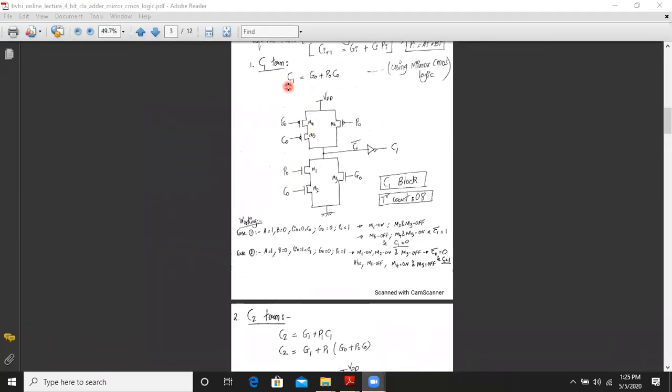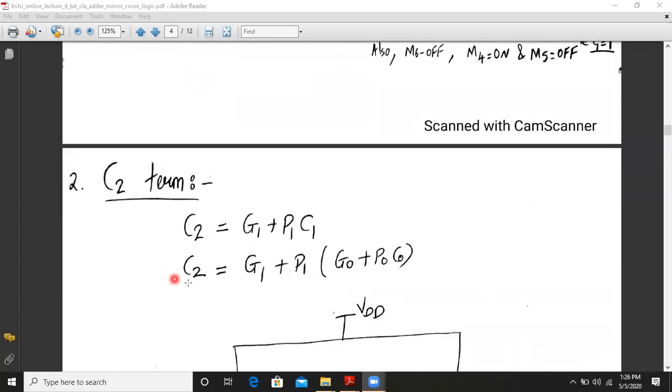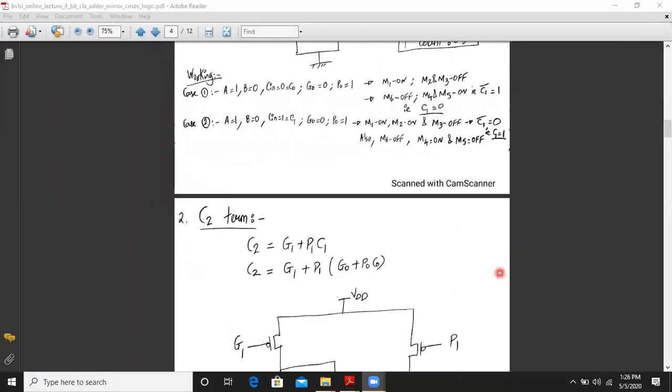C1 is equal to G0 plus P0 C0. So you can take it as it is from here. So C2 is equal to G1 plus P1 into G0 plus P0 C0. So we have to implement this using mirror CMOS logic. So let us begin.